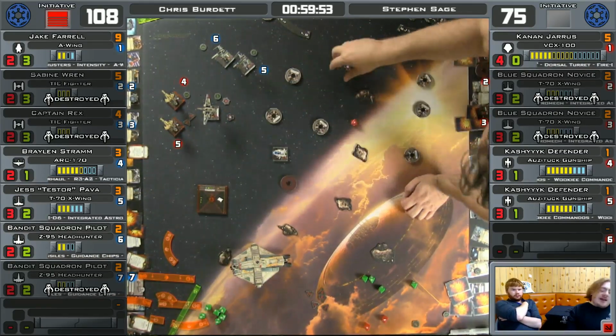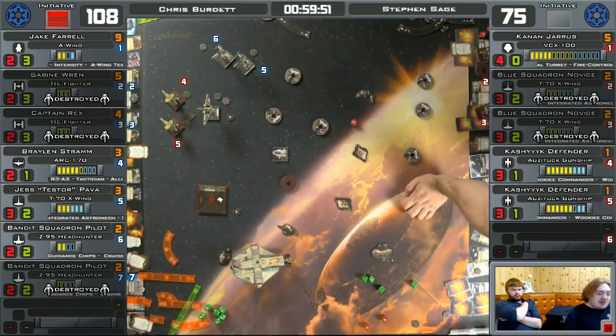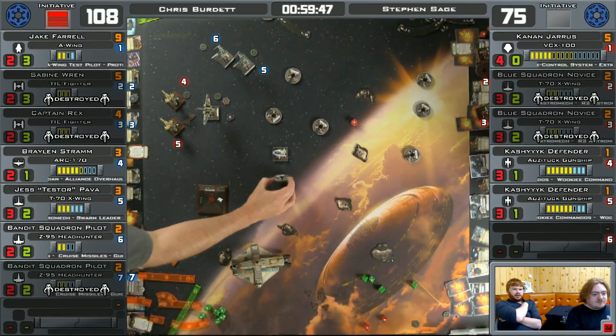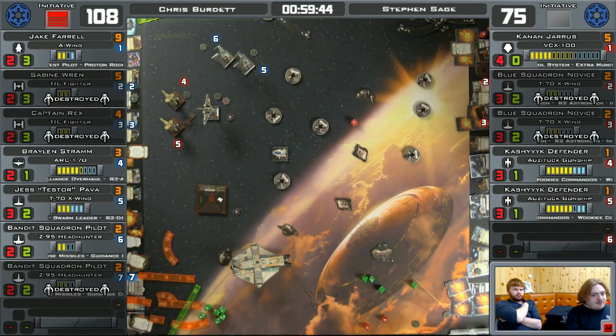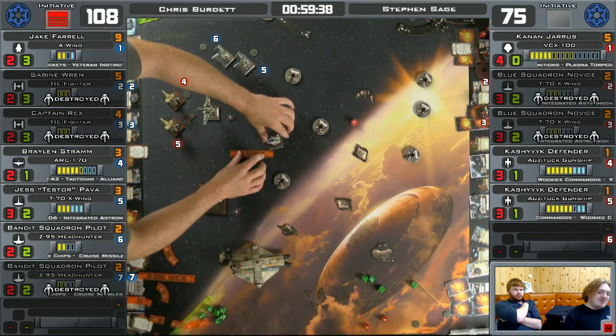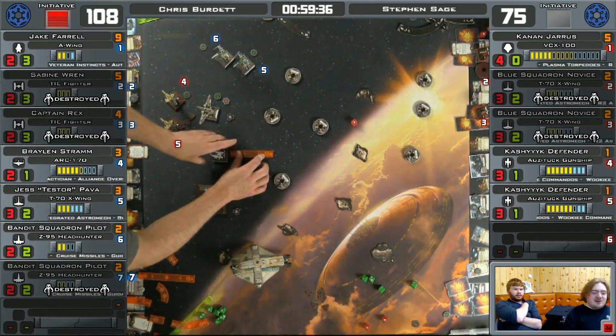He's going for it, yeah. Kill Braylon. It'll also stop Braylon from attacking if somehow you manage to kill him, because Jake cannot PS kill Kanan. Yep. Well, Jake can't kill full stop. You wait for it eventually, but...